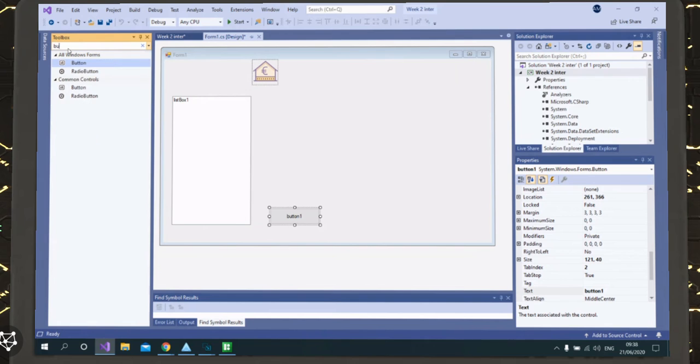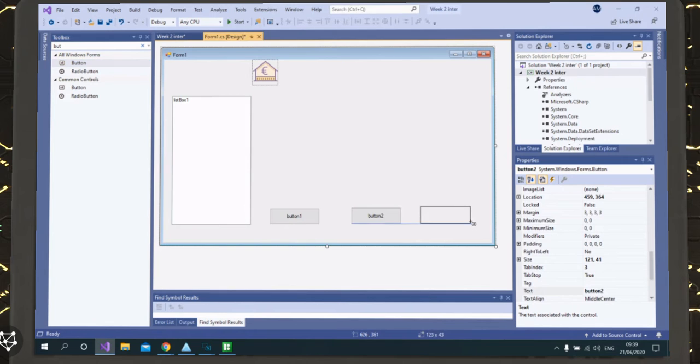I want a button for creating a customer. I want a button for withdraw. Maybe I will copy this one so all of them are the same size. Just copy and paste. And maybe I will add also,